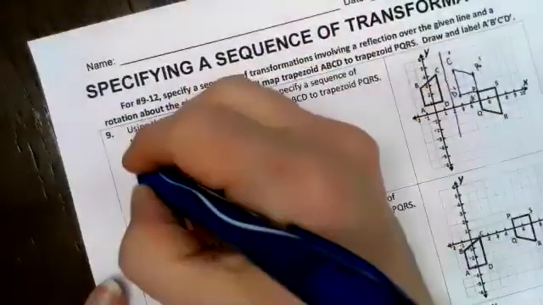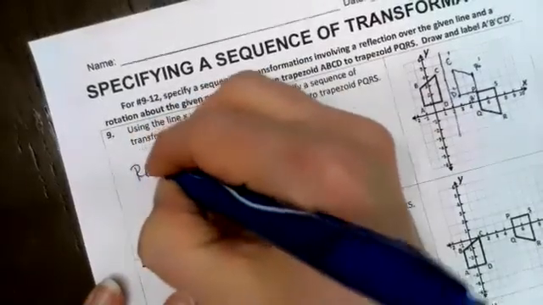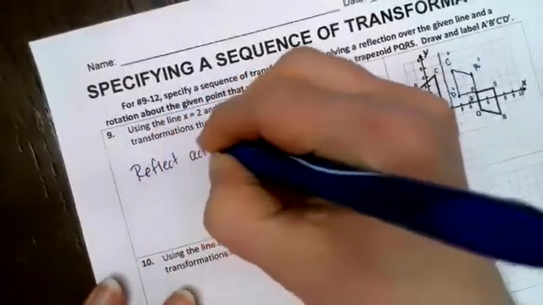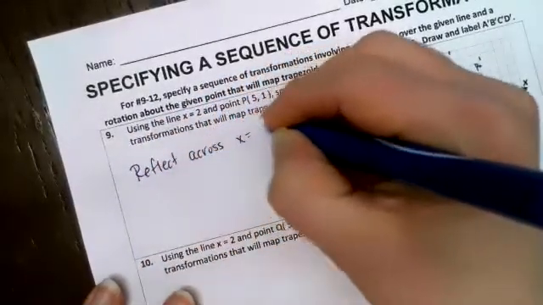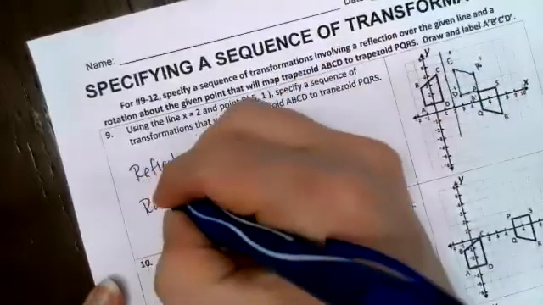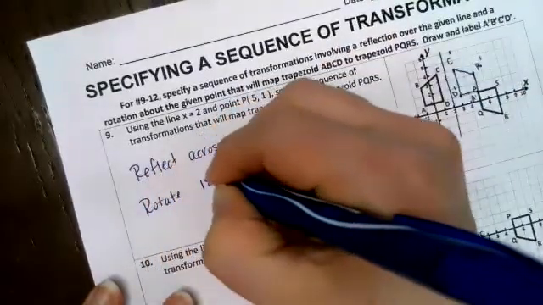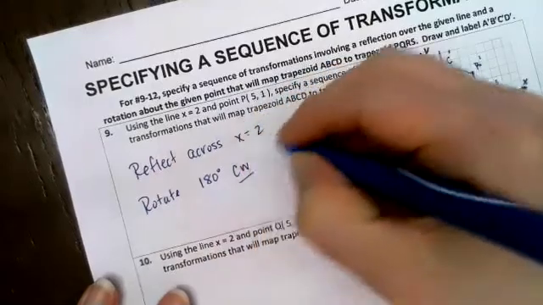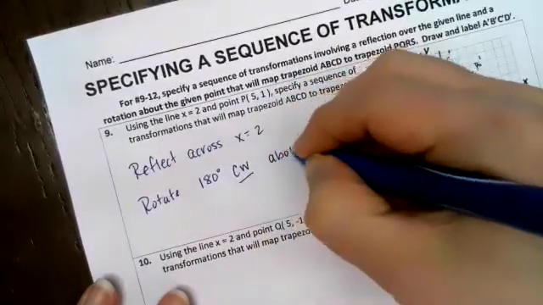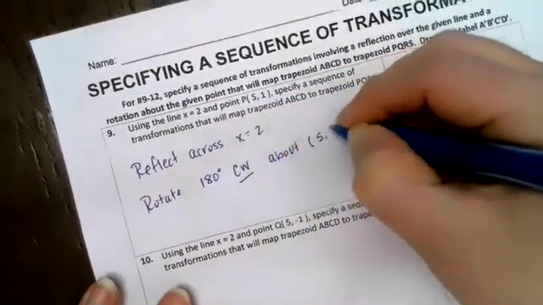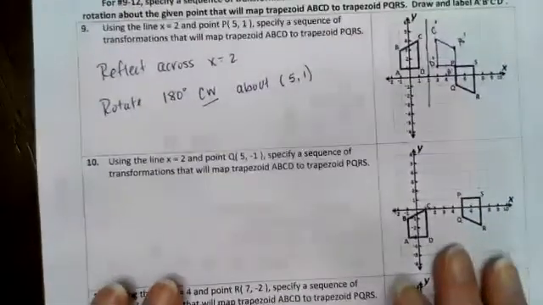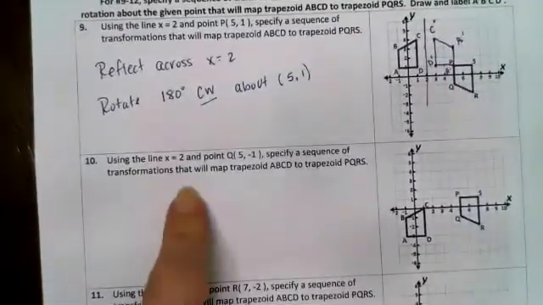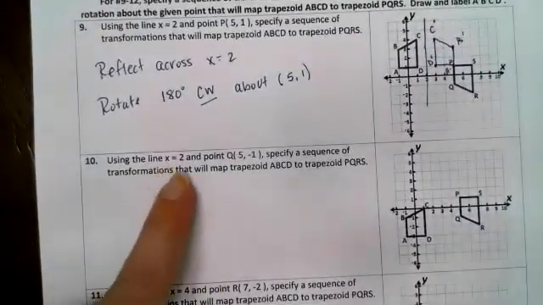Right? So we reflected across the line X equals 2, and then rotated 180 degrees. Now, it doesn't really matter if it's clockwise or counterclockwise, it's going to be the same, about the point 5, 1. All right, looking at my next one, I want to reflect across the line X equals 2